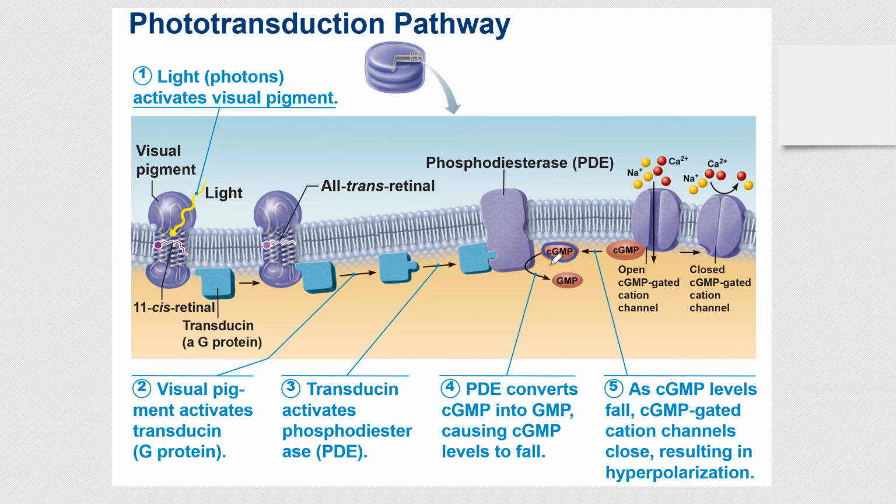You have a lot of this cyclic, it has a circular structure, cGMP, and it became just a GMP. And you would think, what a big deal, cGMP became GMP, now what? But the point here is when you have a lot of this cGMP, it attaches itself to the proteins that